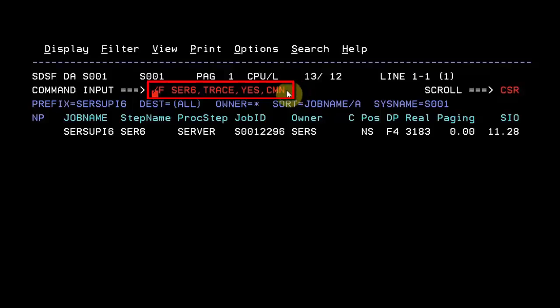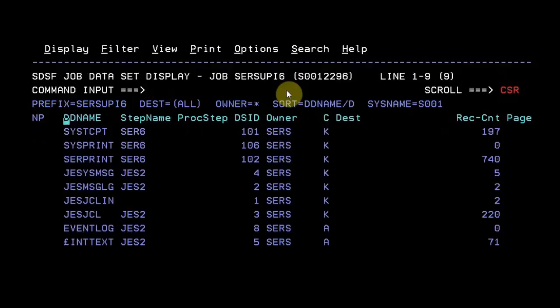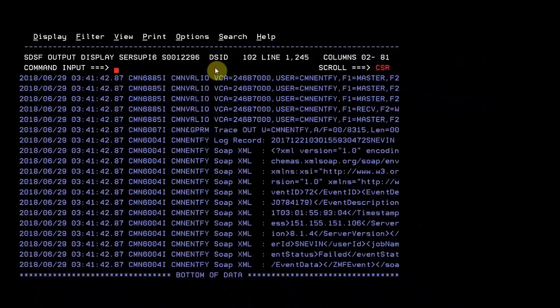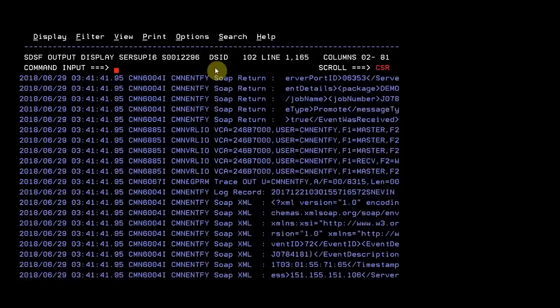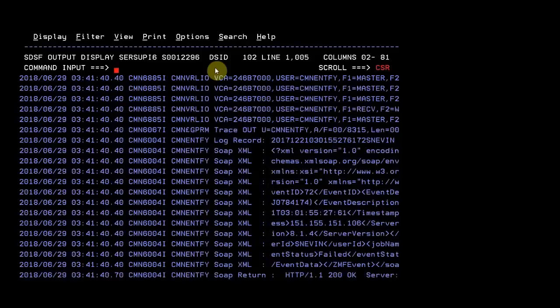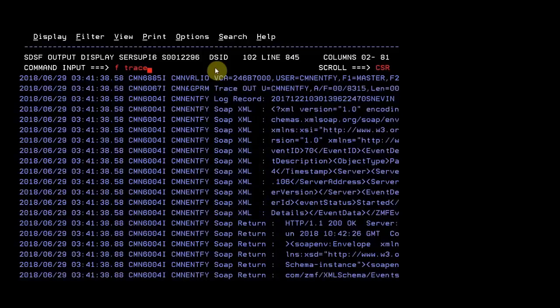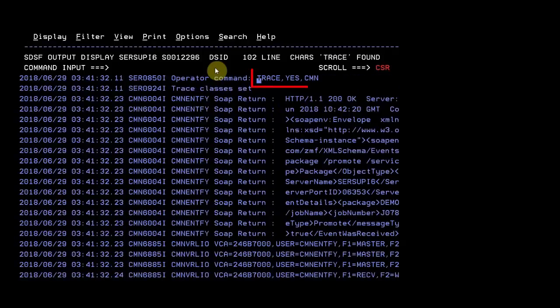And as you can see, in this instance, we're going to turn on the CMN trace. So you press enter, and basically if you go into the started task, do a question mark and go into the SIR print. And if I quickly go down, as you can see, it's doing lots of trace data now. I'll do a find on trace. Okay, there. So you can actually see where my trace command has been applied,